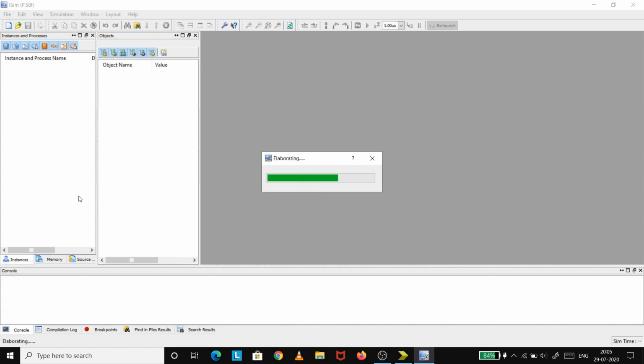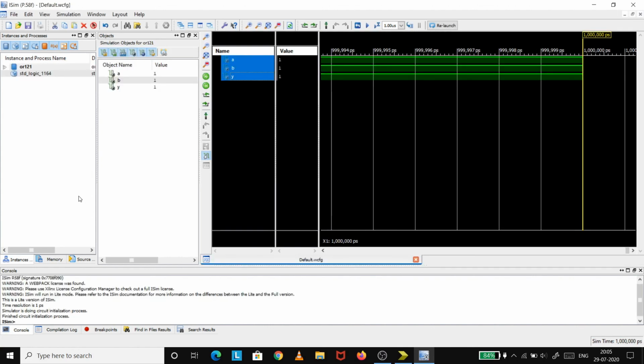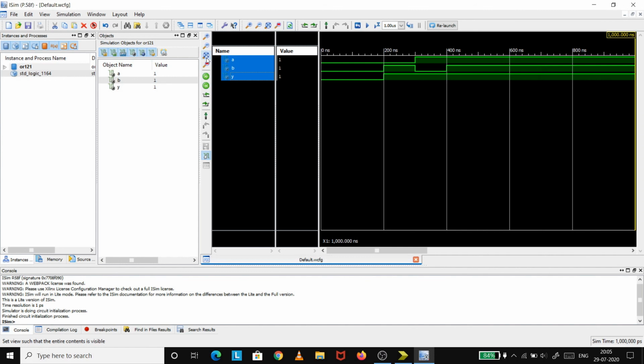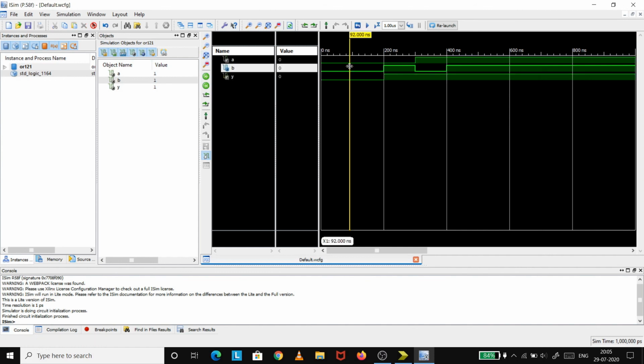Now you know how you will get the errors in the console window and how to modify them. Okay, and then again you go for check syntax, so that you will be able to confirm that there is no error. Now click on this maximization button. Now see, for A 0, B 0, your Y output of the OR gate will be 0. Then the next combination of A and B is 0 1, your Y output will be 1. Next combination of A and B is 1 0, output Y will be 1. And the next combination of A and B will be 1 1, your Y output will be 1.